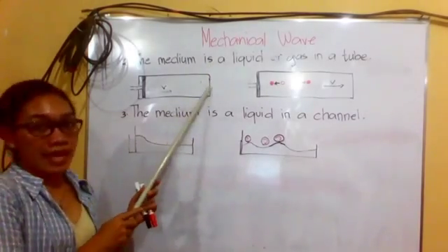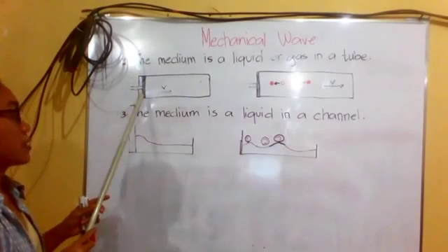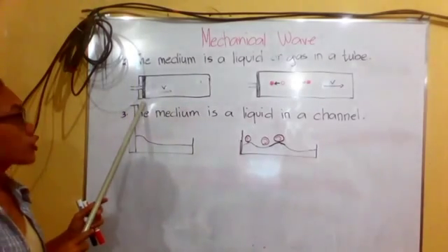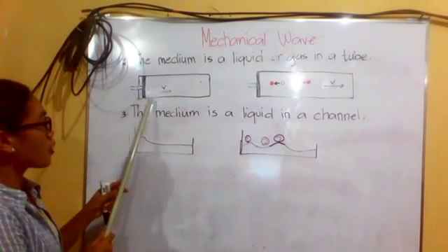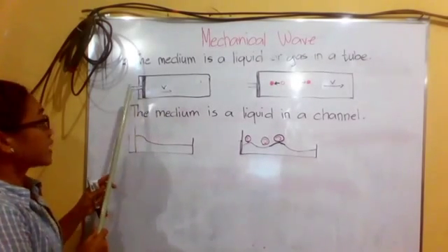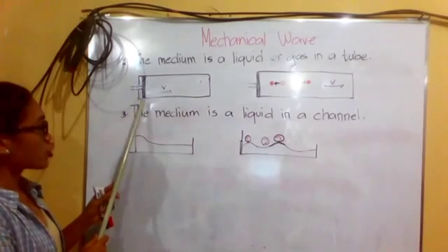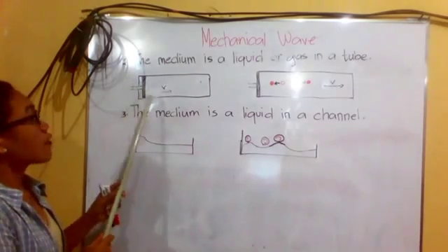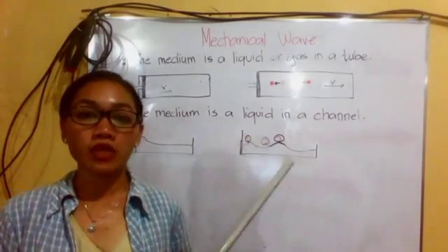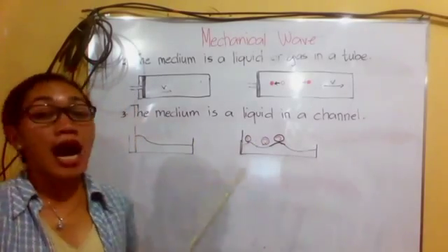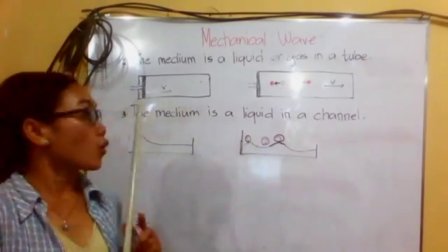Another is where the medium is a liquid or gas in a tube with a rigid wall at the right end and a movable piston at the left end. If we give the piston a single back and forth motion, the displacement and pressure fluctuation travel down the medium. This time, the particles of the medium move back and forth along the direction of the wave